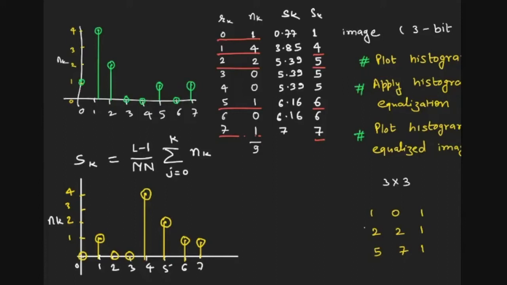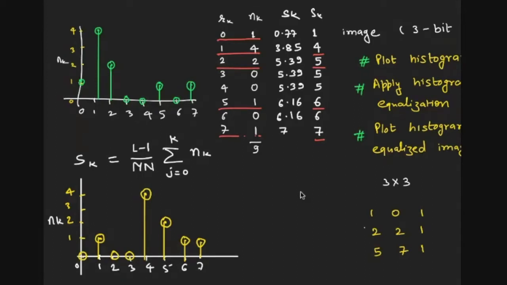So now you can see the major change in the histogram of the image. Our initial histogram was having most of the intensity values in the lower direction, I mean, towards the lower intensity values. But now because of this transform function, they have been pushed to the higher order, making the image appear brighter. This is histogram equalization.